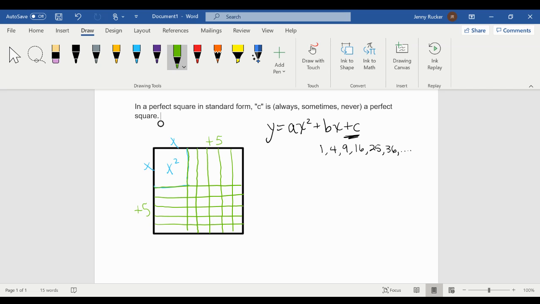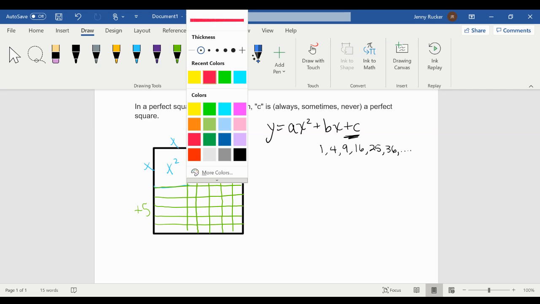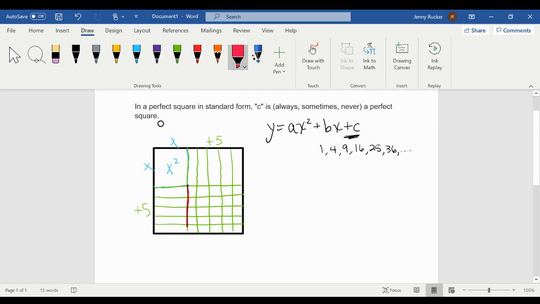X plus 5. Okay, so when we're looking at our C value, we're looking at the unit blocks that are added. So we're looking at this space in here. This space that represents C will always be a positive value, and it will always be a perfect square. So in this space right here, this is C, and it will always be positive